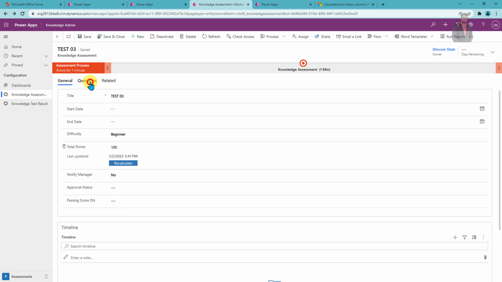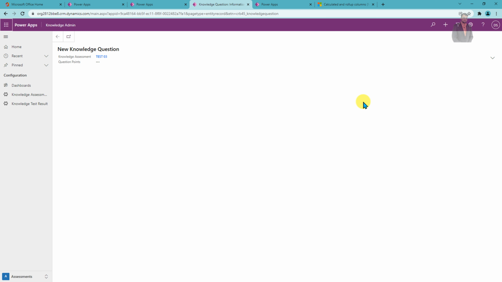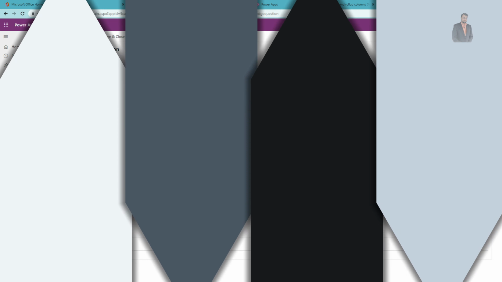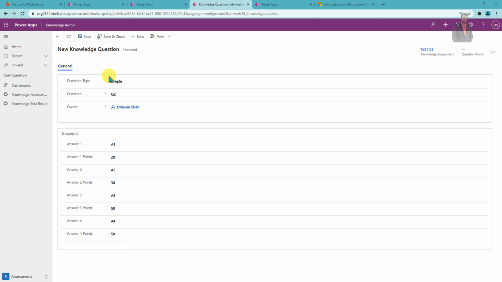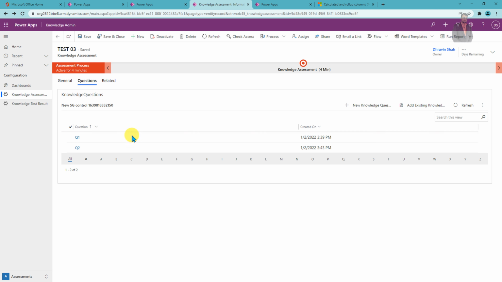Now let me add one more question over here, and let's recalculate the summation. So I just created a question Q2, and the overall summation value is 150. Now let's click on save and close, and let's see. So we just created a second question as well.